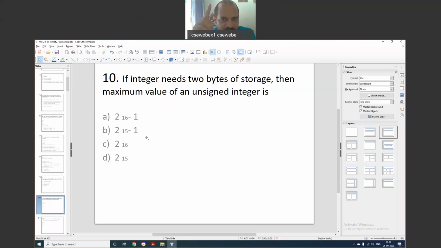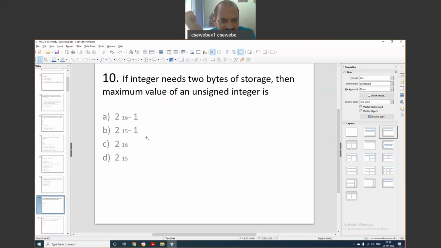That minus 1 is not to the 16. 2 power 16, that result will come, 65,536 or so. You calculate it, you will get the right value. So 2 power 16, some value will come, and that value minus 1 will be the result.